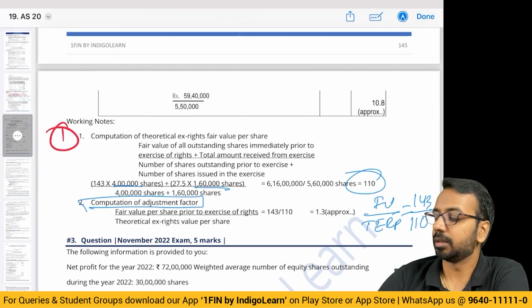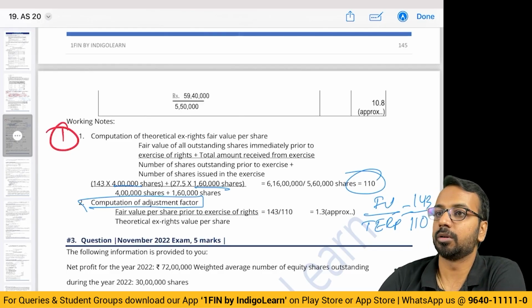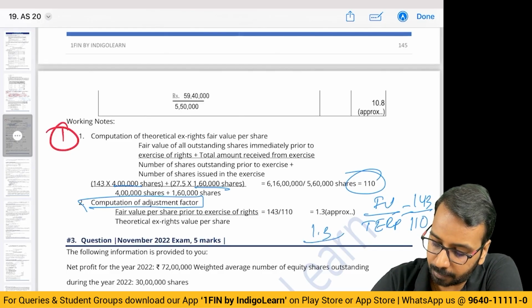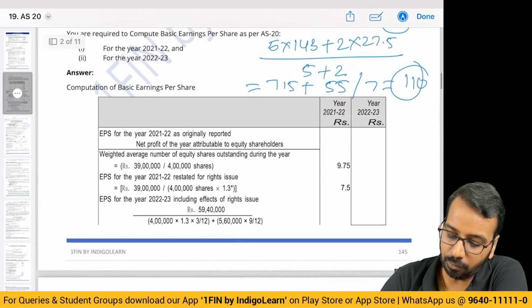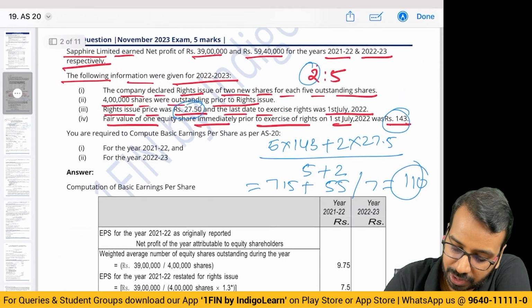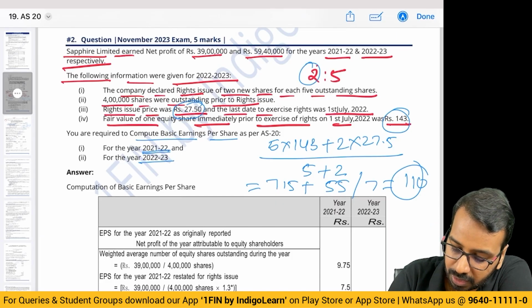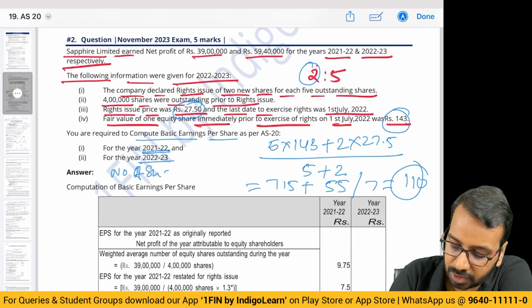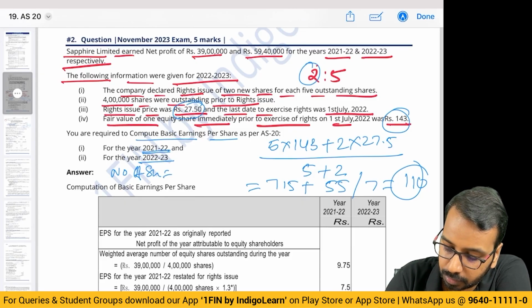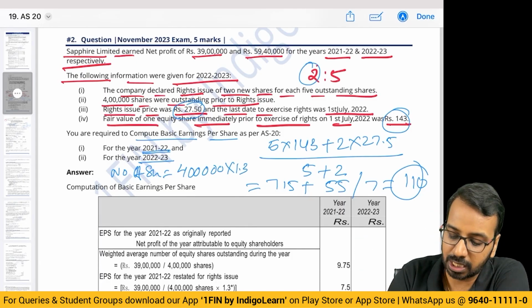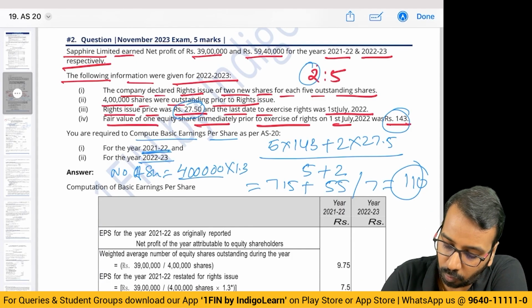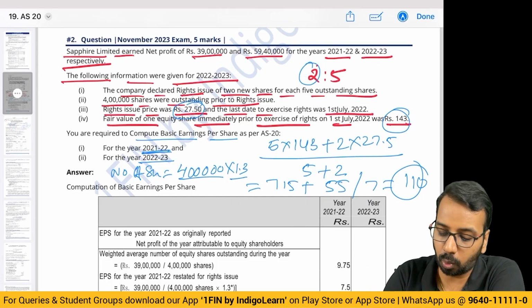143 divided by 110, you get 1.3. Now, after that is done, we need to calculate basic earning per share for 21-22 and 22-23. For 21-22, for the number of shares, you will take 4 lakhs multiplied by 1.3. To calculate the number of shares for 21-22, you will take 4 lakhs by 1.3. Or what you can do is,